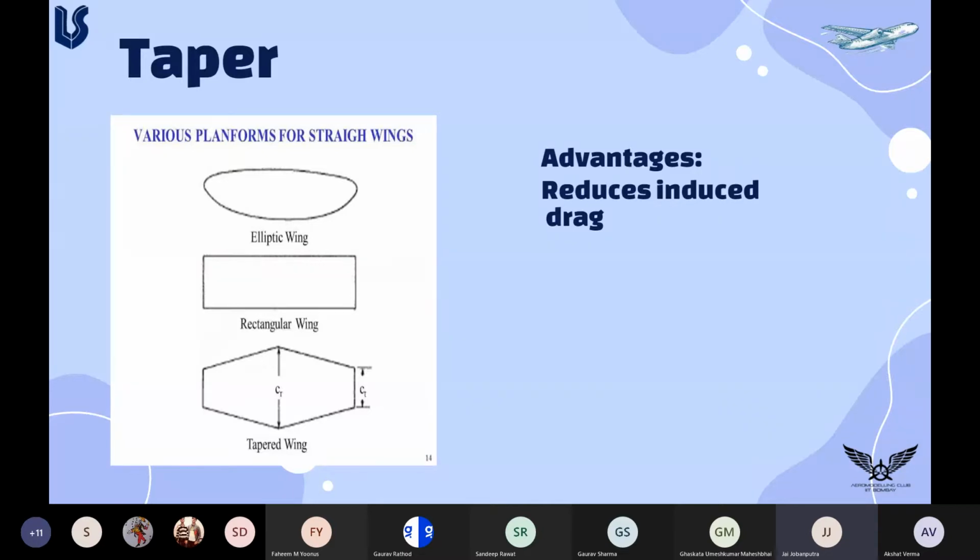So basically, the induced drag will be lower when the pressure difference is lower. And what is the reason? As you remember from the induced drag section, we covered that the reason for induced drag is downwash. And why does downwash occur? When there's a flow of air from the bottom of the wing to the top surface of the wing due to the pressure difference. So the more the pressure difference, the more the induced drag. Now, how does taper help us?